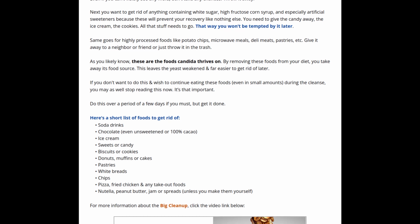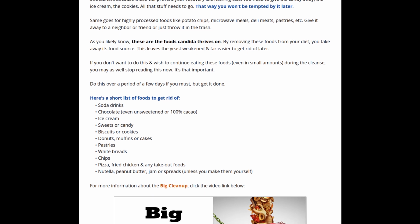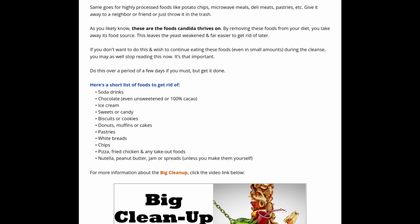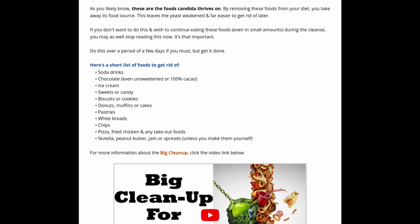Get rid of sauces, syrups, jams, etc. All these tend to be stored for long periods and develop mold. Even if you can't visibly see any mold, don't take any chances. Throw it away. Next, you want to get rid of anything containing white sugar, high fructose corn syrup, and especially